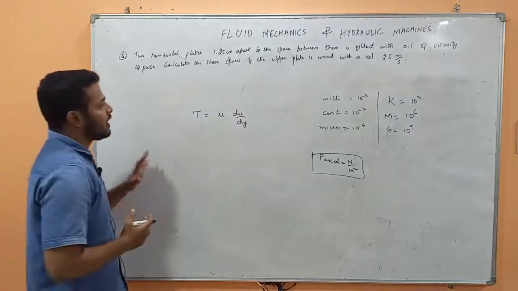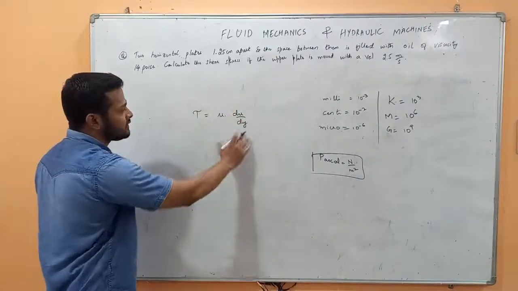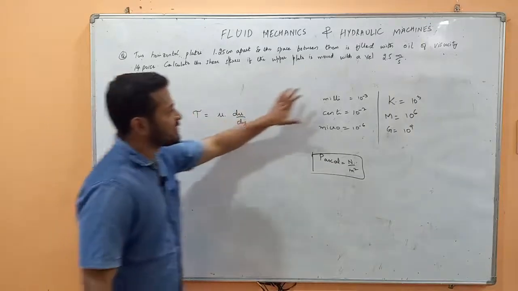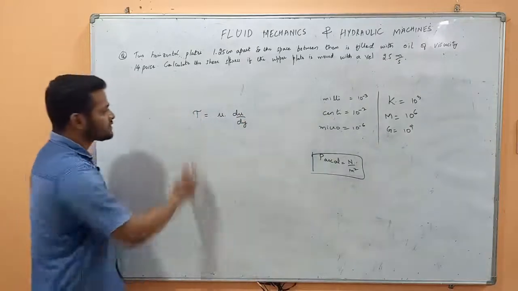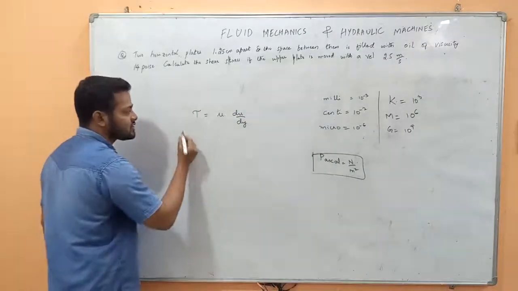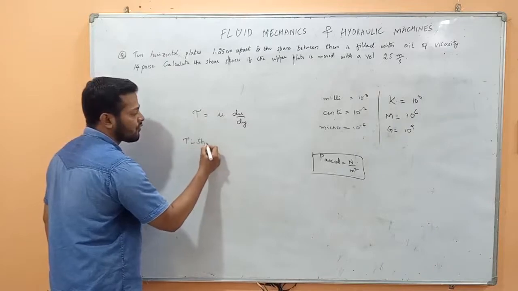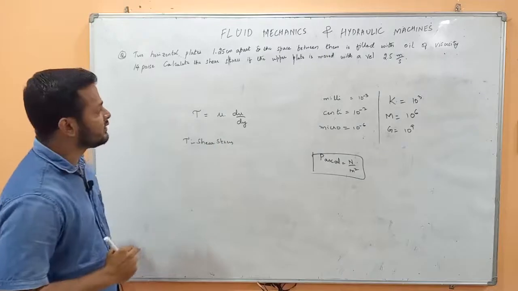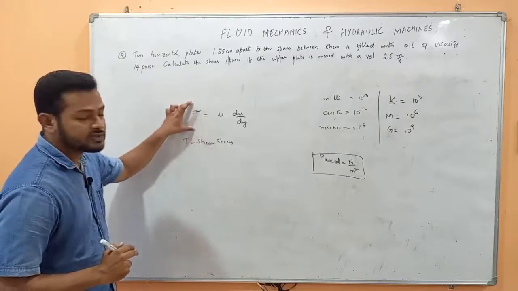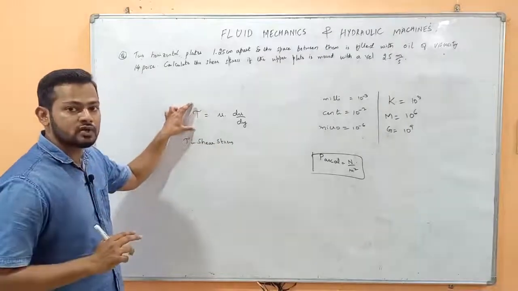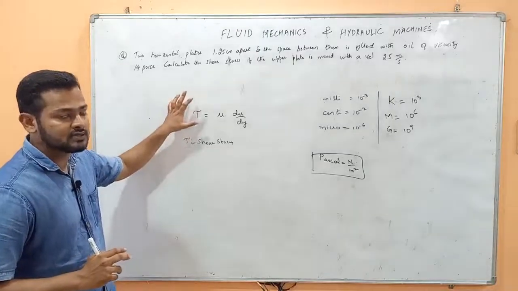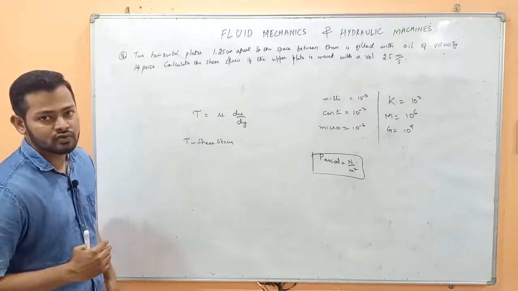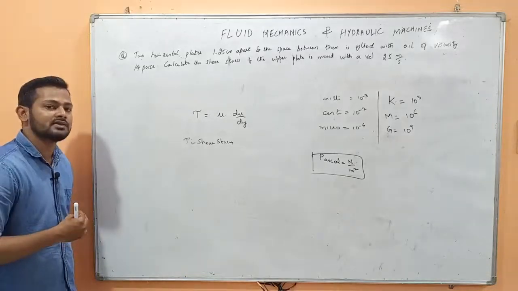You have to check which terms are given in the question with the help of the units given in the question. So first is tau, which is called shear stress. There are only two types of formulas in unit 1. One is the problems based on this formula and one is the problems based on pressure measurement. If you remember these two formulas, it will be very easy for you all to solve any problem from unit 1 which can be asked in the final exam.